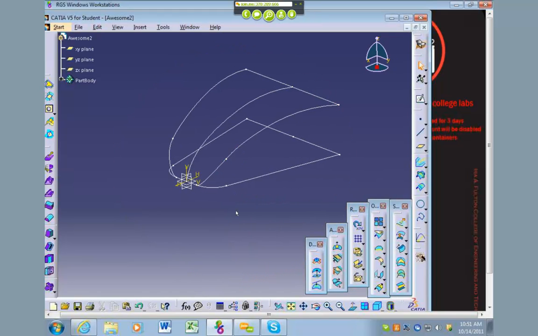Now the way this thing works is it takes the first set of curves and the second set of curves, and then it projects them in a planar direction. And so if you've got two objects that are perpendicular to each other, and you decide to do a combined projection, it will essentially find where those objects meet in 3D. And wherever that intersection occurs, that's where it will create the geometry. So for example, this curve right here was being projected upwards, and this curve right here was being projected outwards this way. And so wherever those two